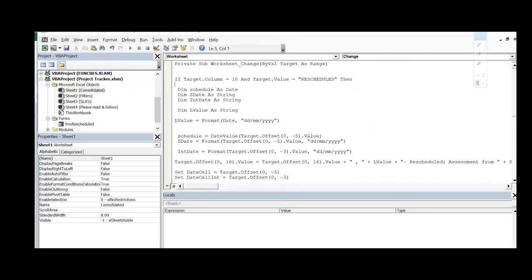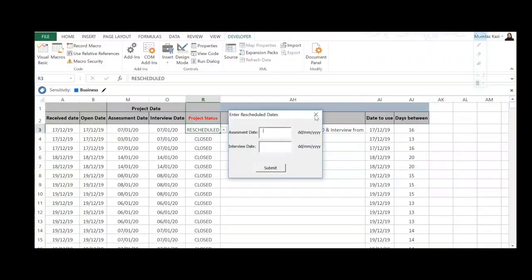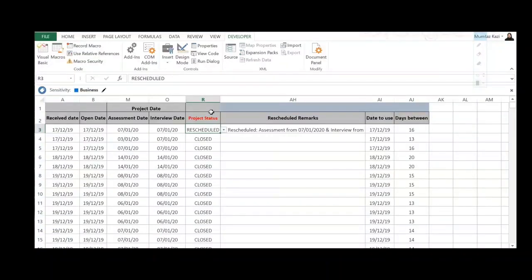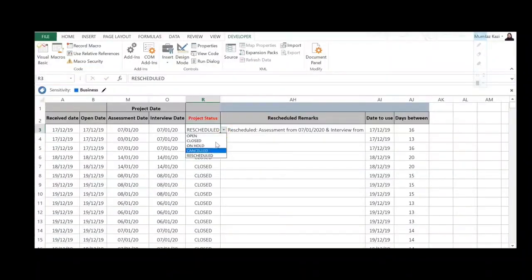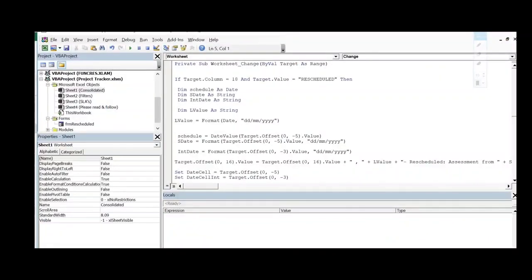And Target.Value = Rescheduled. So basically it's like normal English: if anything in this column changes to Rescheduled, then perform a set of actions. So this is what it does. If Target.Column = 18, if the column being changed is this column and the value is changed to Rescheduled, then what you do is declare certain variables